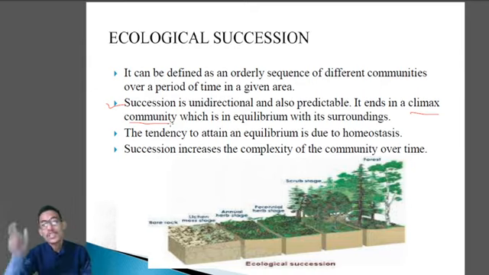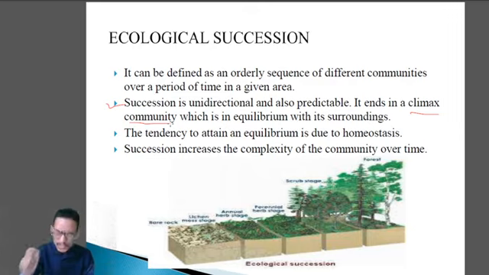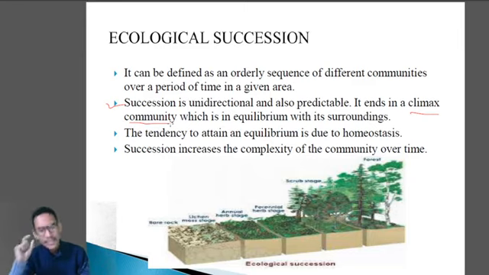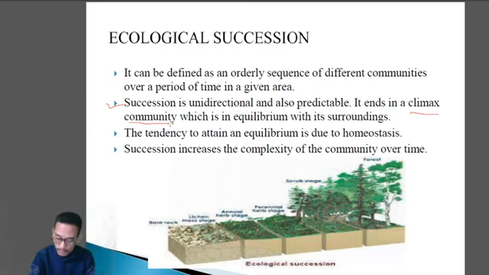Okay, so what is ecological succession? It is an orderly and progressive replacement of one community by another community till it reaches the development of a climax or stable community in a given area. This is very important. Ecological succession will always end when it reaches the climax community, which is much